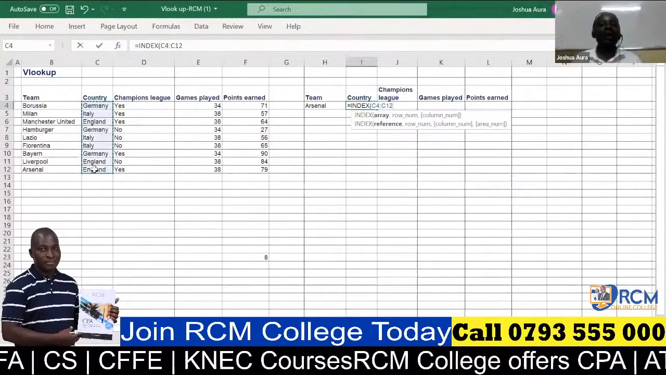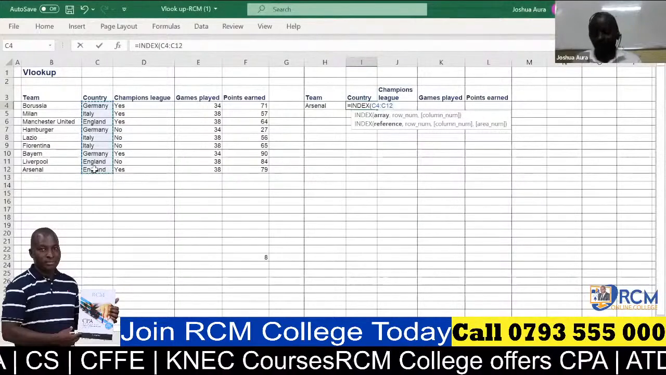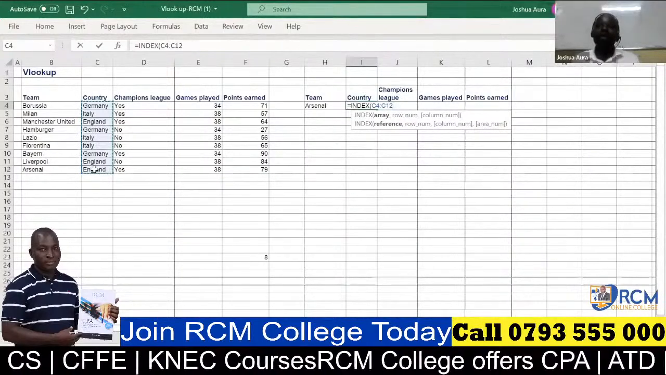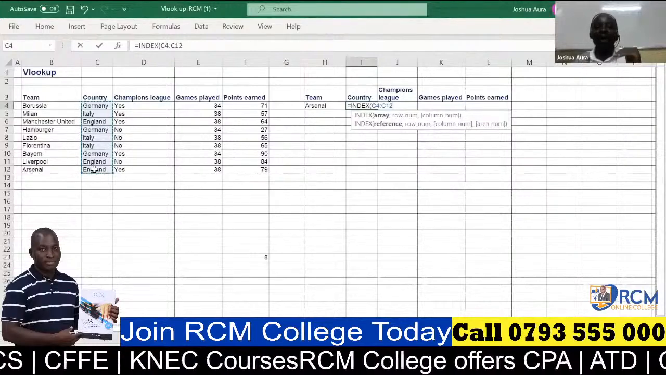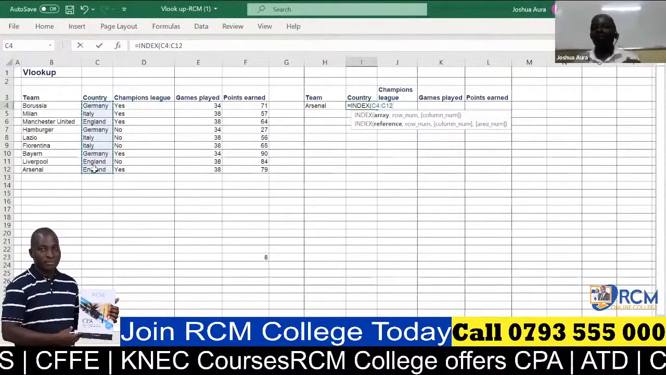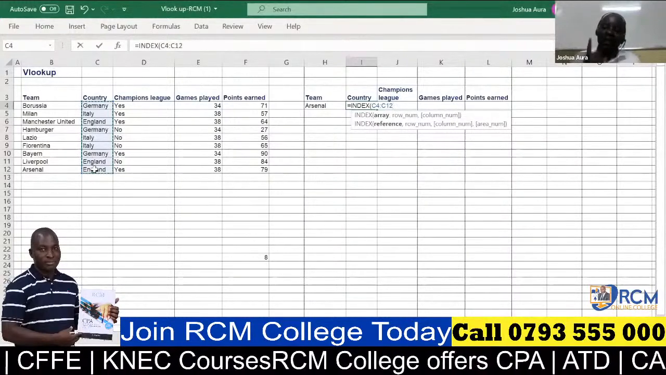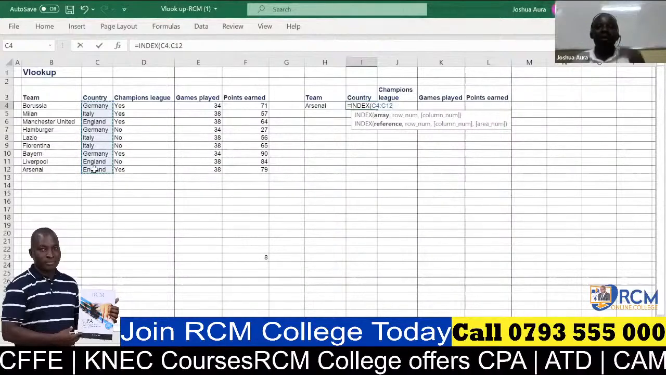Now there is something you guys have to know from the word go. In terms of index, the dollar referencing should always mark the start of my column and the end of my column. I'm repeating this again: in indexing, when I'm combining index and match, the dollar signs will always be put